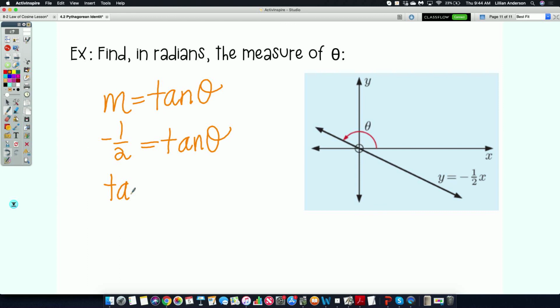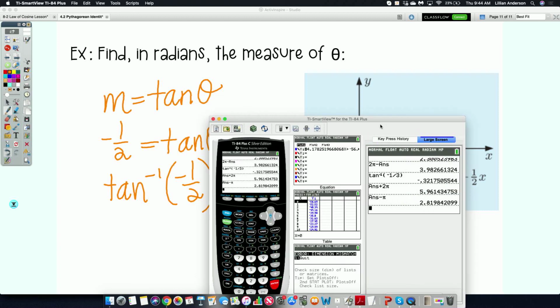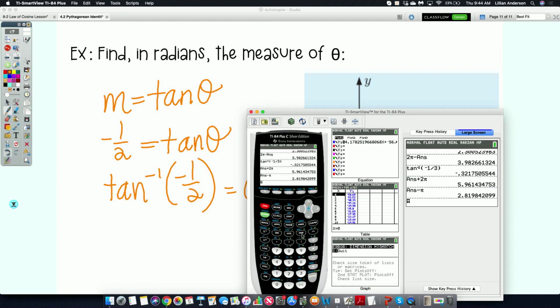The inverse of tangent. Now, is 1/2 the tangent of 1/2? Is that a value that's on our unit circle? No, so we're going to have to use our calculator for this one. So where is tangent a negative 1/2? Or what's the inverse of tangent of negative 1/2? We have a negative